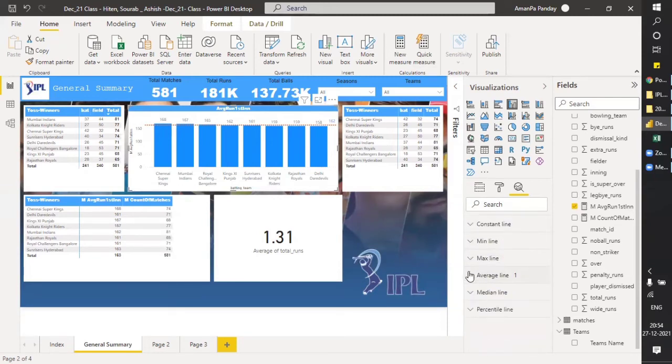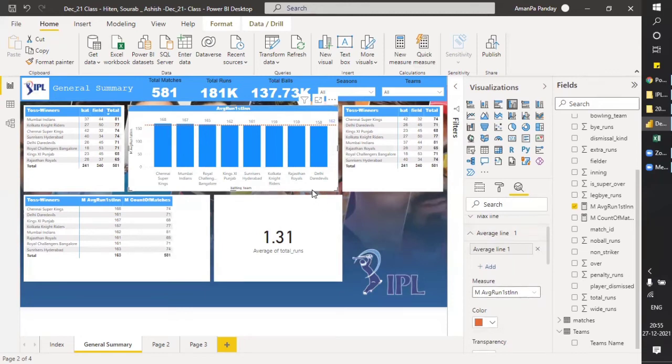You can add that. You can see there are many options: median, percentile, you can add all of that. But as per the look, Power BI is very smart, it will auto detect. You must have seen that as soon as I added plus, it already picked this function, average run first innings. It automatically fetched it, because it's smart enough to know that the requirement is only this.